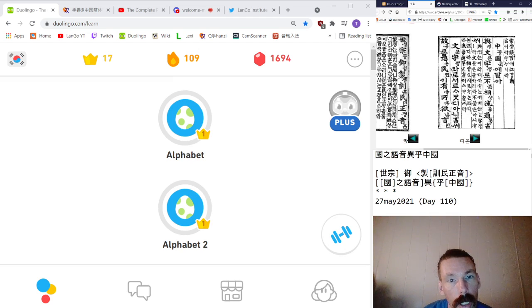The first line says Sejong. Yeah. Imperially, this is I think an adverb here. Or it could be a noun compound. The imperial production of trained people correct sound. That's the name of his writing system and also of this leaflet. This, what do you call it? What's the word? Edict. Zhi is to produce. The one with the clothing in it. This is a verb.